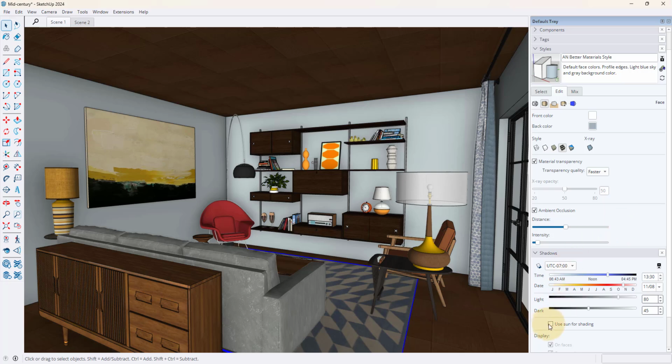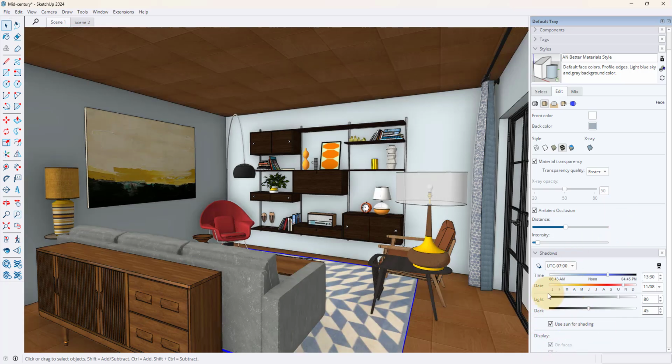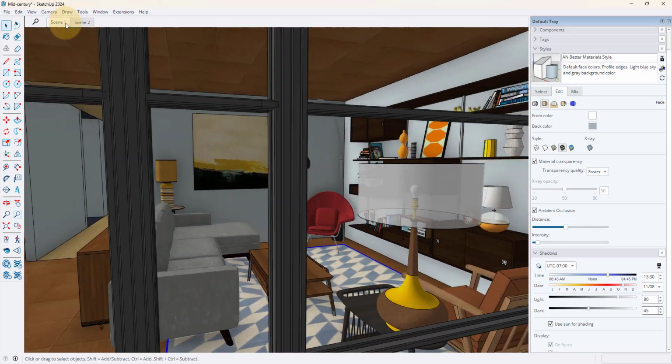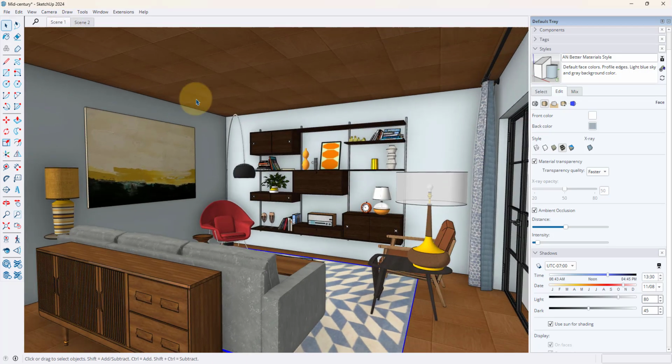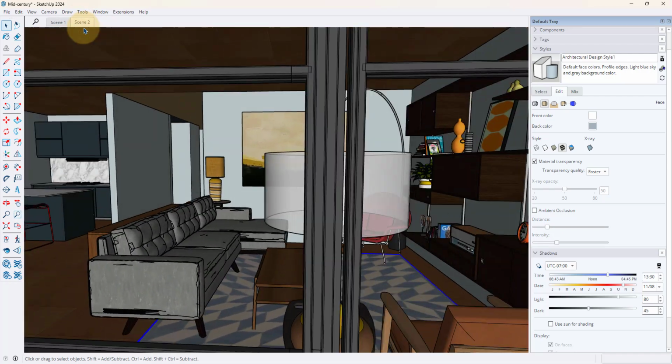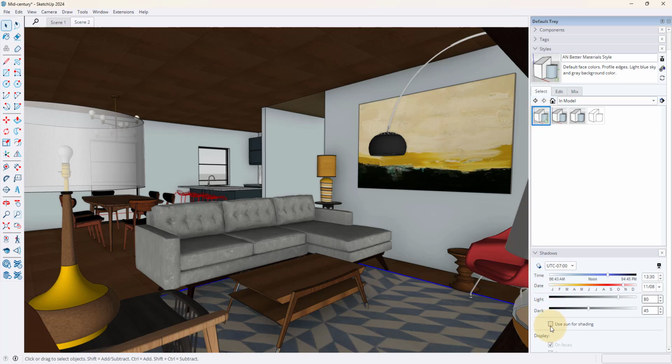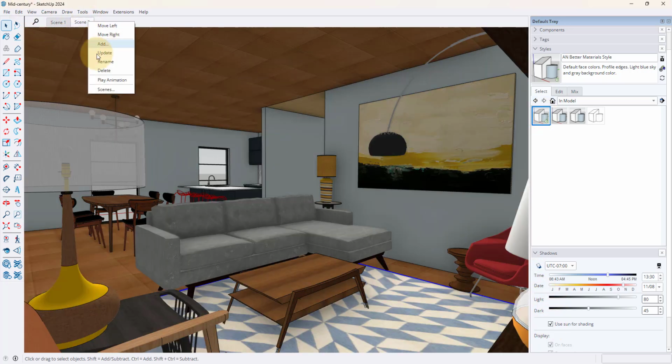Now, the last thing I want to do is, I do think this Use Sun for Shading is going to make this a lot brighter. So I've basically created a new version of this that's going to show off the design a little bit better. To apply this to a scene, I am just going to go to Scene and click Update. Now, if I go back to this scene, it's already updated with that new style as well as with those shading options. I can do the same thing over here. All I have to do is go to Select, apply my new style, use sun for shading, and